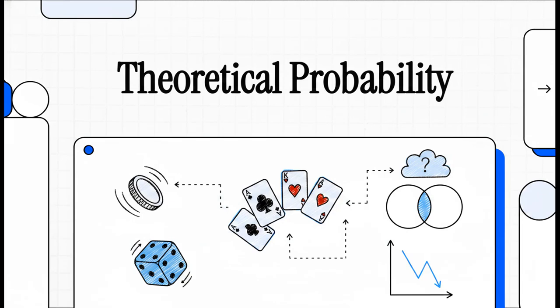Welcome to this explainer. Today, we're cracking open a really fascinating chapter of mathematics. We're looking at how theoretical probability acts as this elegant, almost magical shortcut for predicting our totally unpredictable world. Have you ever wondered how experts actually calculate the precise risks of massive events without doing endless trial and error? Well, the answers are hiding right here in the formulas of this chapter, literally translating pure uncertainty into cold, hard